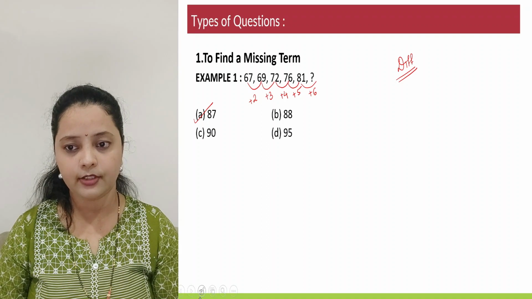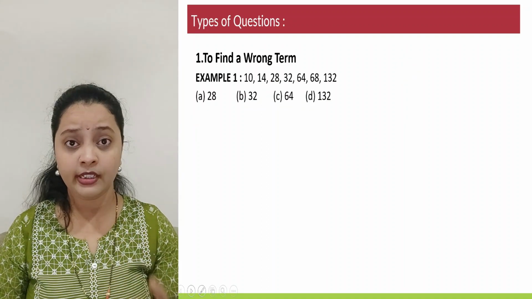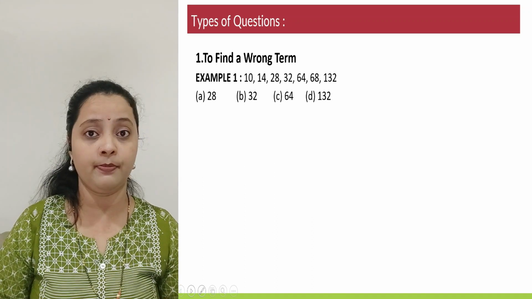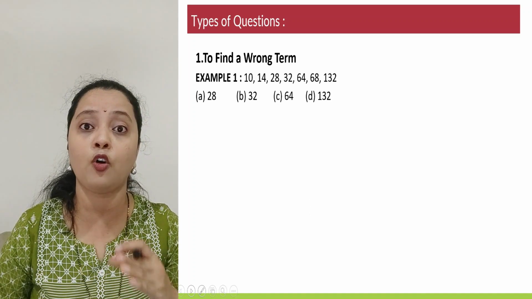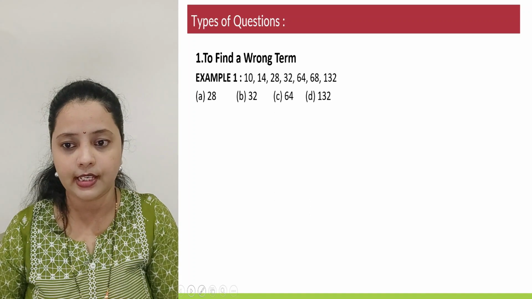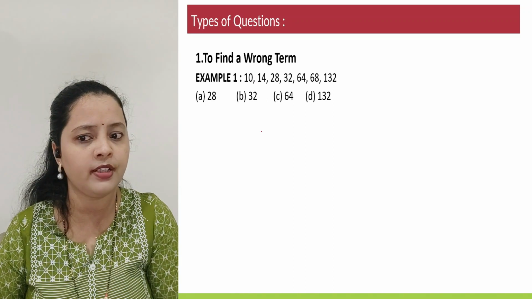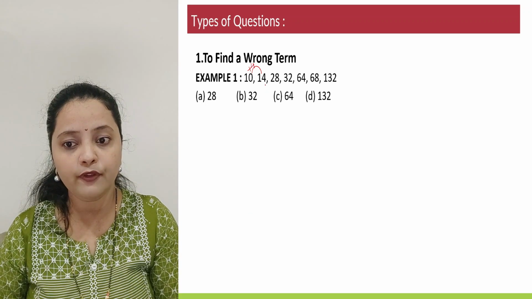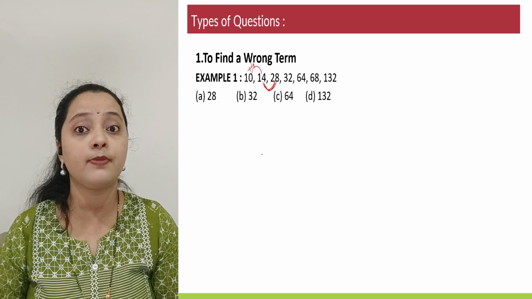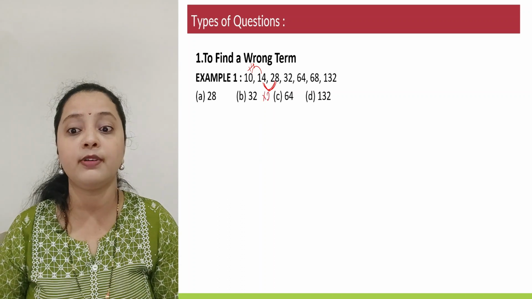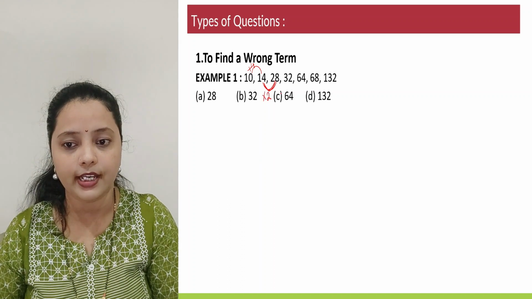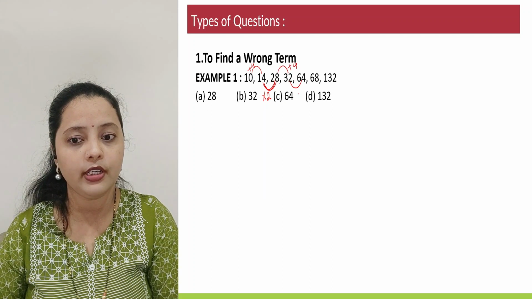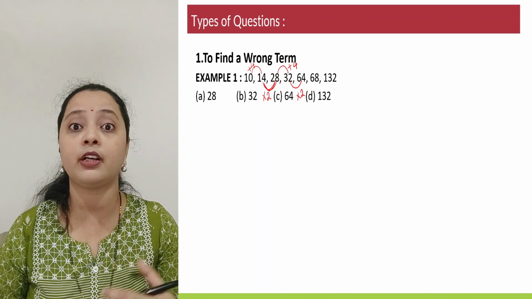Okay, then let's move to the second type. The second type is to find a wrong term in the given numbers. Now, to find a wrong term, again the approach is to first find the common logic in the available terms. Now let's see. 10 and 14, again I can see they are close by numbers, right? So 10 and 14, how can I relate? 10 plus 4 is 14. Now when I come to 14 and 28, these are not difference based. This could actually be multiples. That means 14 into 2 gives me 28. Next, 28 and 32, this is again plus 4. 32 and 64, it's again into 2. So far the logic that I'm trying to apply is working.